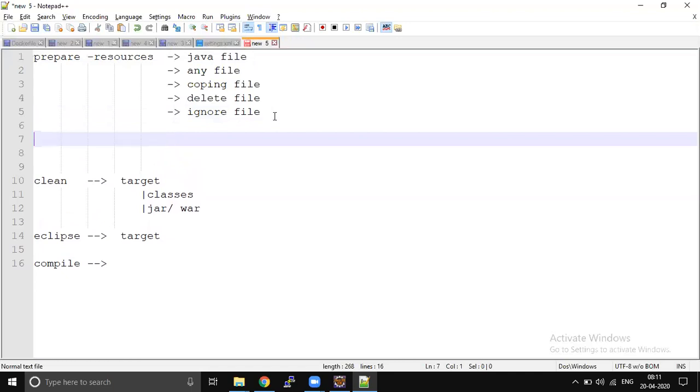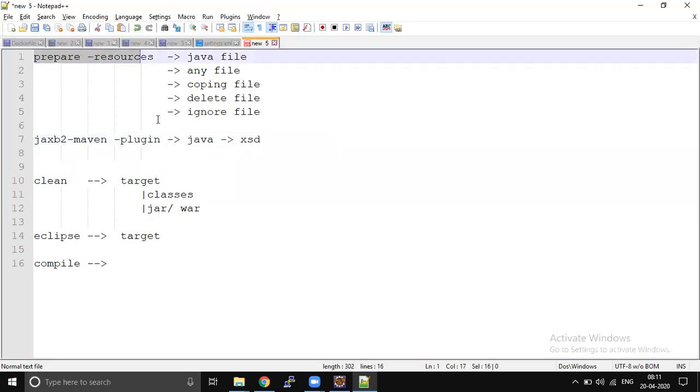Yes. Which plugin we used? JAXB2 Maven plugin. Why we used the JAXB2 Maven plugin? To generate a few Java files from XSD, right? So when is that going to happen? Exactly, that is a part of prepare resources. Okay, got it.